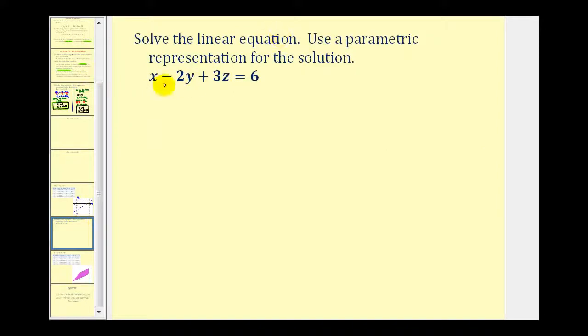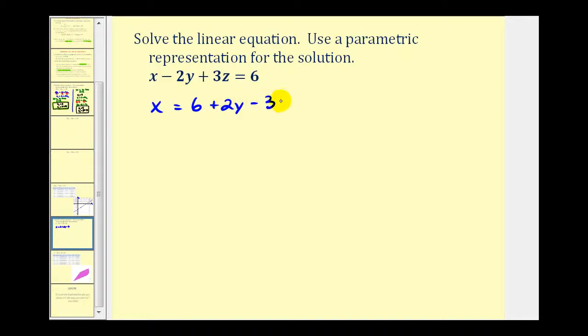Notice here we have one equation with 3 unknowns, and 3 minus 1 is equal to 2, so here we'll have 2 free variables, which means we'll introduce 2 parameters or 2 new variables to represent the solution parametrically. Looks like it's going to be easiest to solve this for x, so we would add 2y to both sides as well as subtract 3z. So we would have x equals 6 and then plus 2y